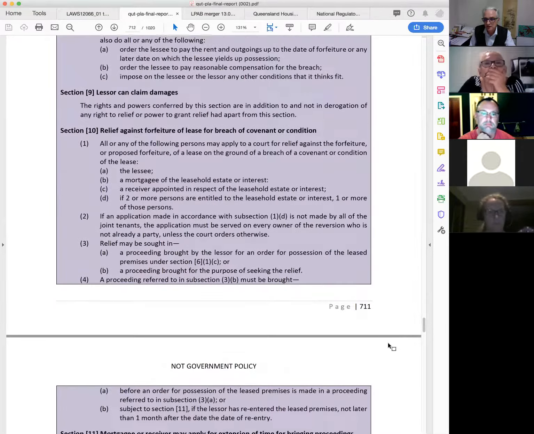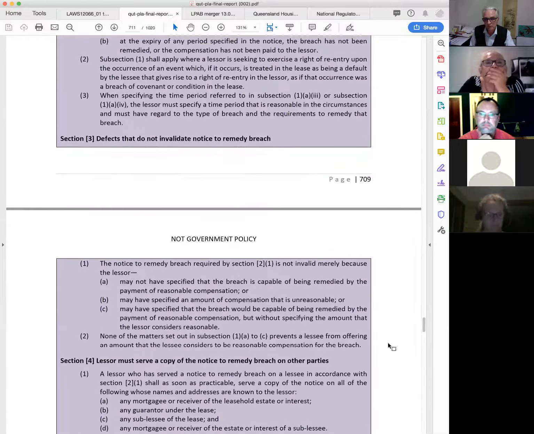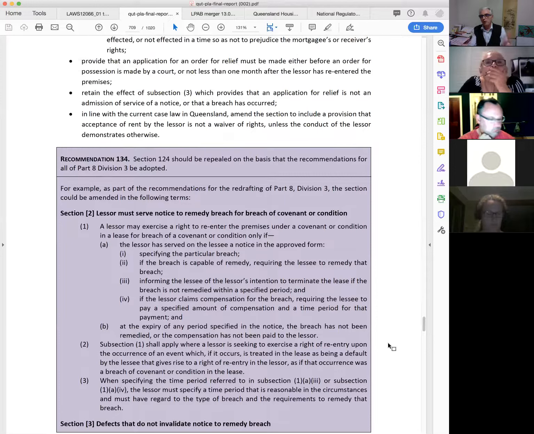So again, it's not a case that you need to have a working knowledge of this, but it's just interesting to be aware of these developments. And you know that for the purposes of your exam, and I'll just stop screen sharing now, that this topic is assessed in Part B of the exam, which is the problem-solving questions, not the policy questions. I've made that quite clear in my exam advice. So these reform proposals are not bearing for that purpose, but it is interesting just to see what's being proposed, and